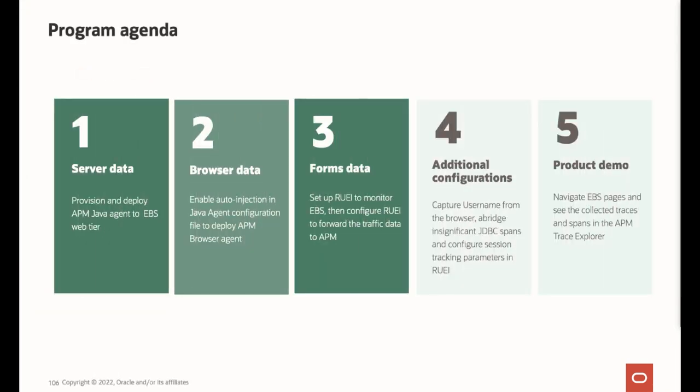Here is the program agenda. To monitor EBS application with APM, you will need to collect three types of tracing data. They are server data, browser data, and forms data. Each type of data requires a specific data collection option. In this video, I would like to show you how you can instrument EBS with different tracers to collect each